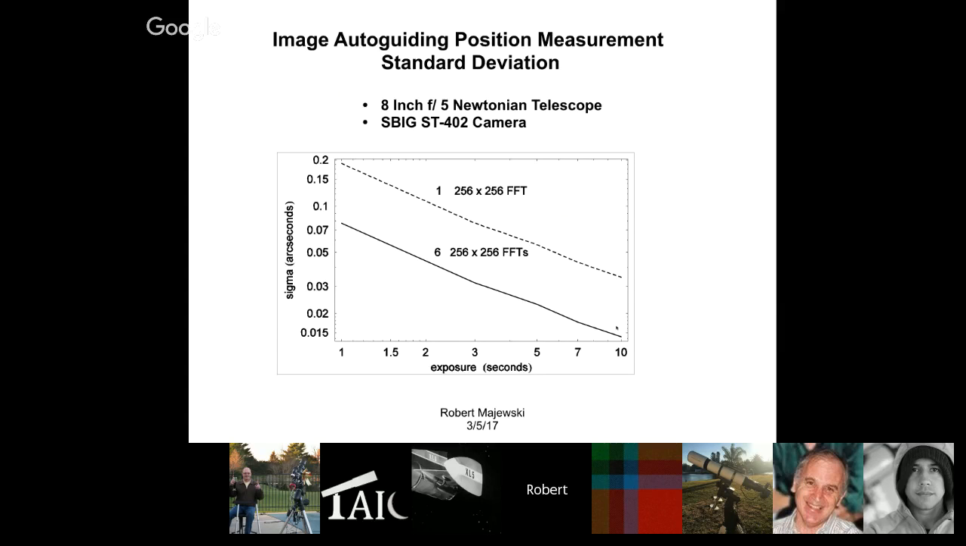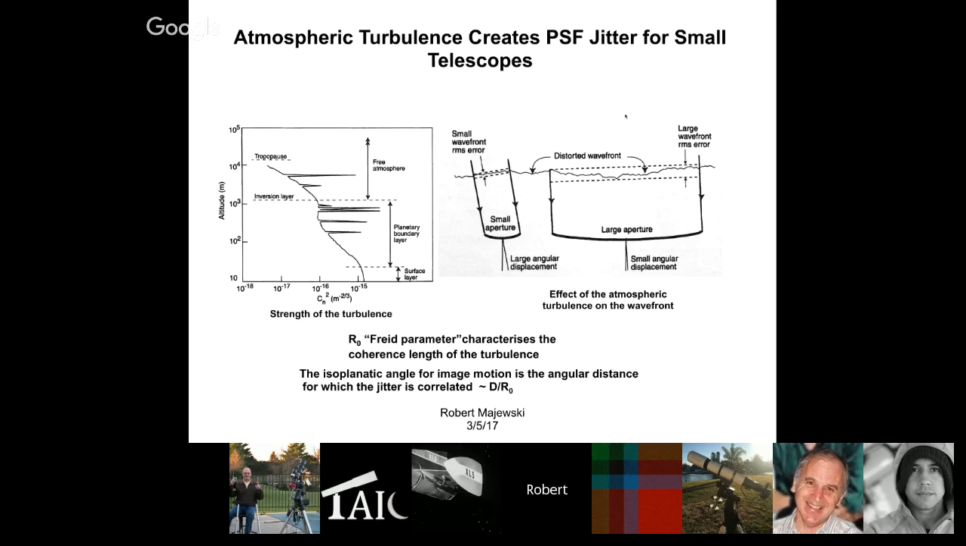Okay, let me say a little bit about atmospheric turbulence. Well, you guys can chime in if I'm boring the heck out of you. But anyways,